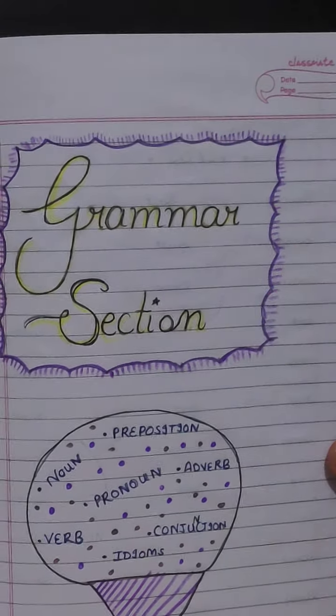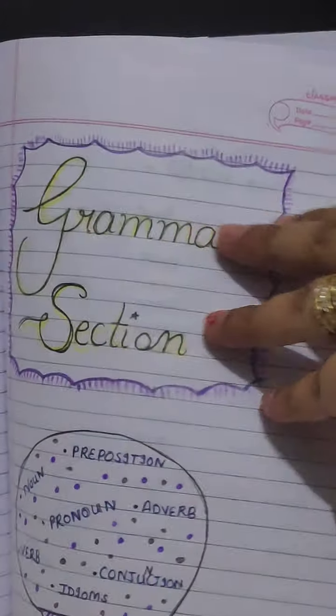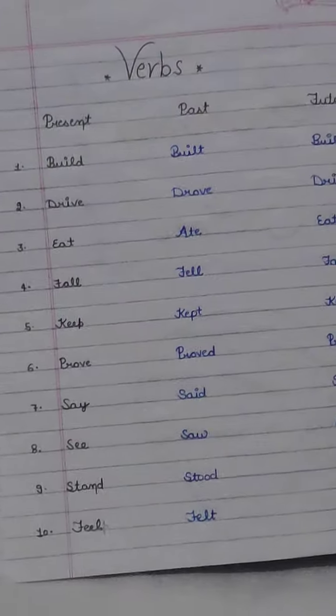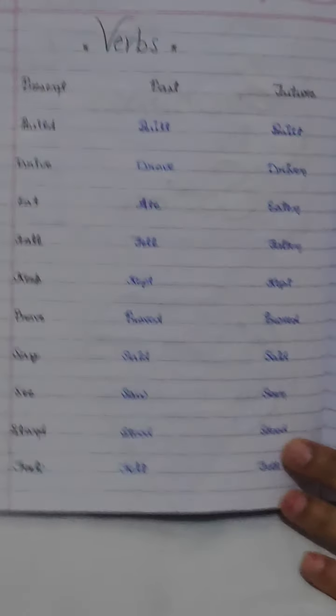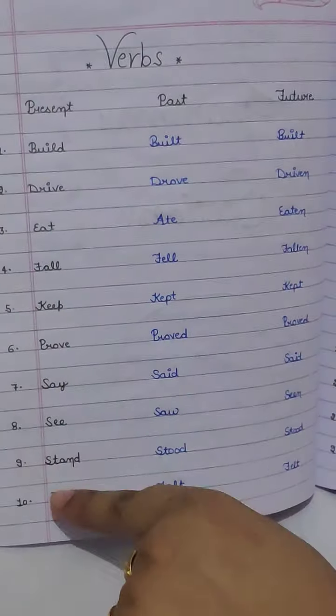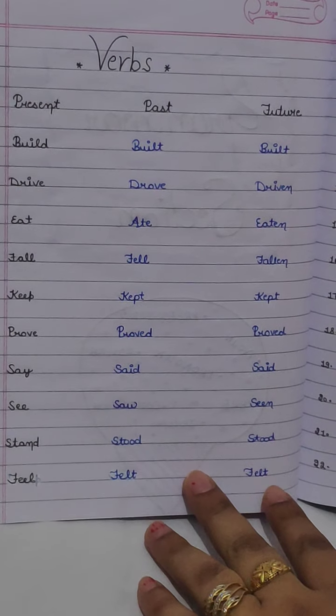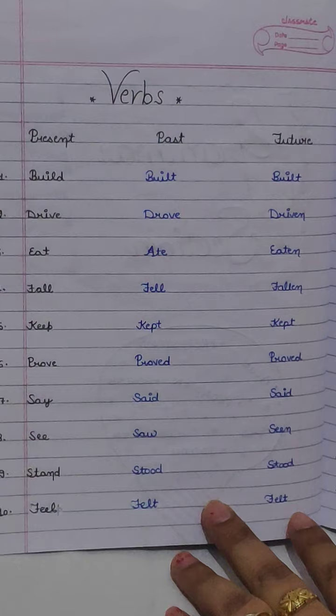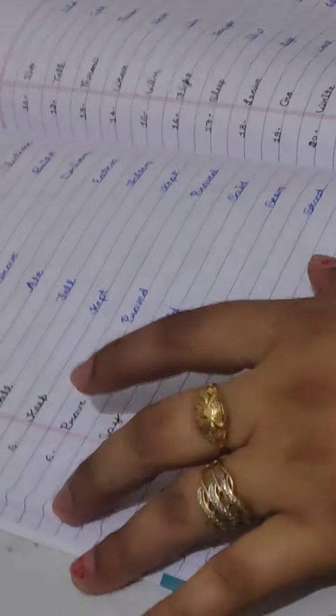Okay, the heading is grammar section, and in the grammar section I wrote here the verbs. The present form you will write with black pen, and the past form and the past participle form you will write with blue pen. Okay, and you will drop one line also. It looks very beautiful. Okay, done. Now